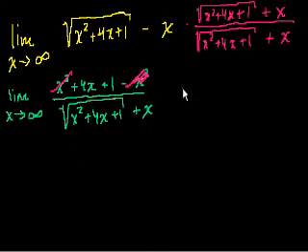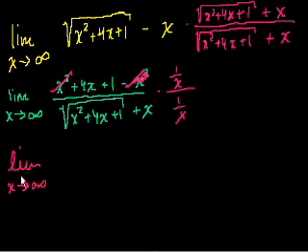So let's divide the numerator and the denominator by x. And remember, anything you do to the numerator, you have to do to the denominator, otherwise you're changing the value. So times 1 over x over 1 over x. So this is equal to the limit as x approaches infinity of 4 plus 1 over x